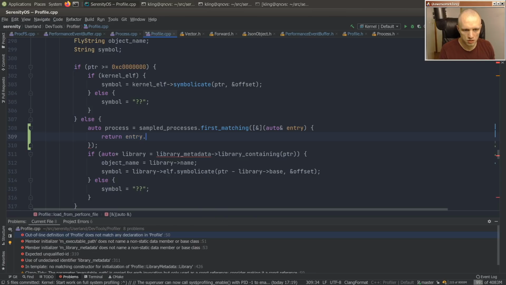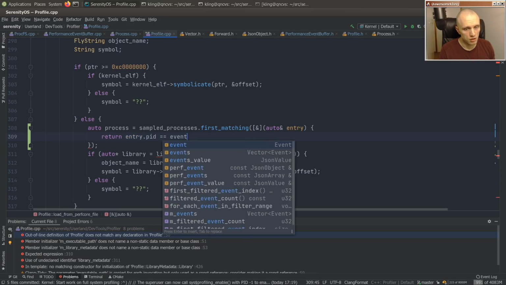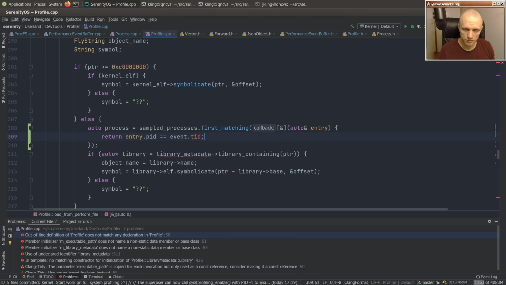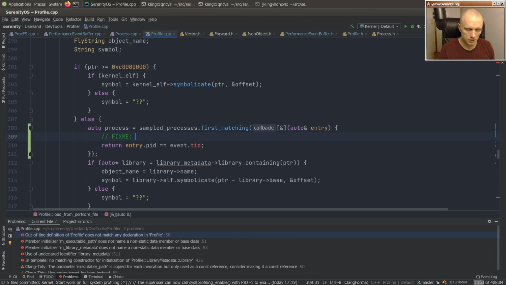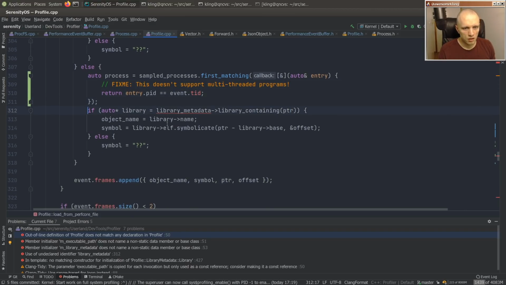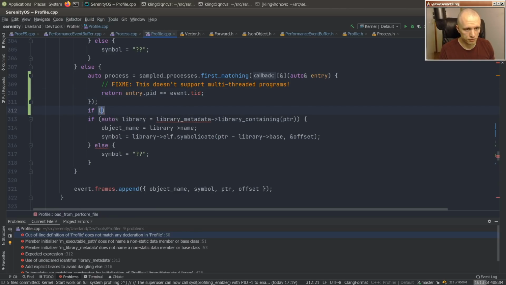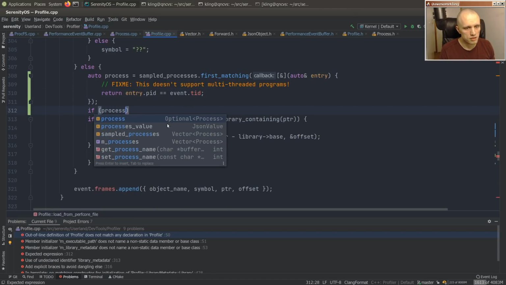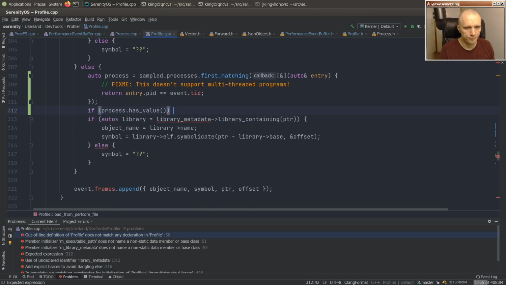Entry dot pid equal to event dot tid. Fix me. This doesn't support multi-threaded programs. Yeah, and then if process has value,